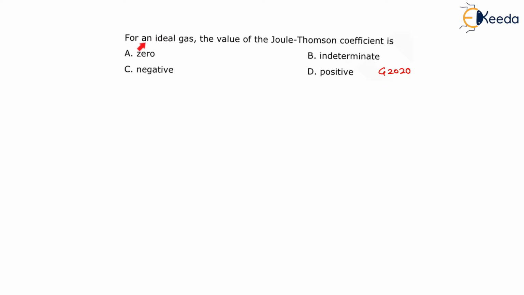The question is, for an ideal gas, the value of Joule-Thomson coefficient is: options are 0, indeterminate, negative, positive. Now my dear students, Joule-Thomson coefficient is represented by mu, and it is nothing but the temperature-pressure behavior due to throttling. Throttling is nothing but a constant enthalpy process,